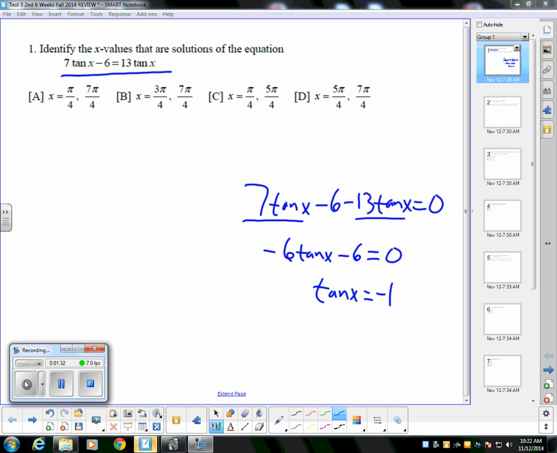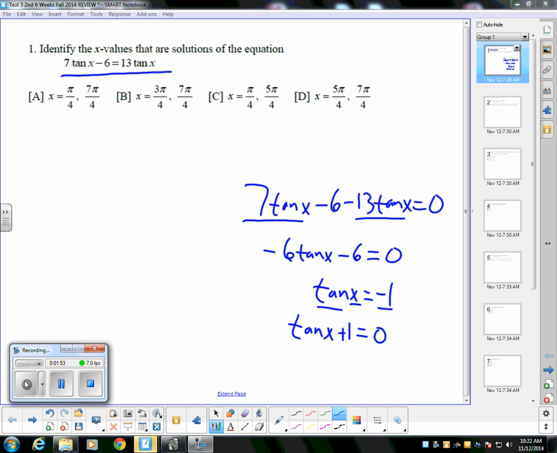Now I'm going to do this too. I'm going to put the tangent of x plus 1 is equal to 0. And the reason I'm doing that is because if you're going to put it in the calculator, you would want to put this second expression in rather than the first one. Right now, doing it by hand just simply means that we want to find the angle x whose tangent is